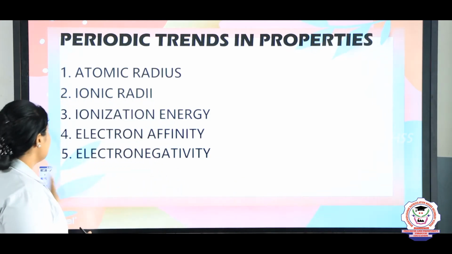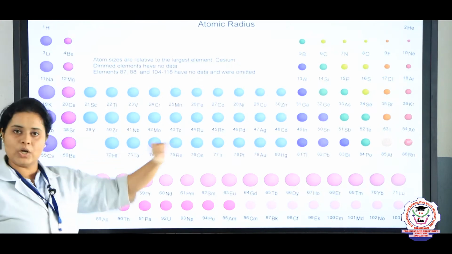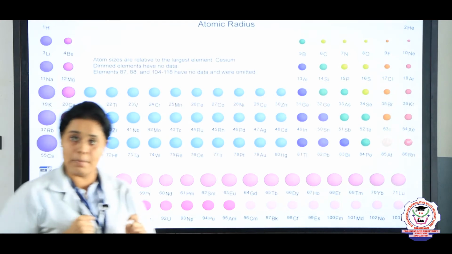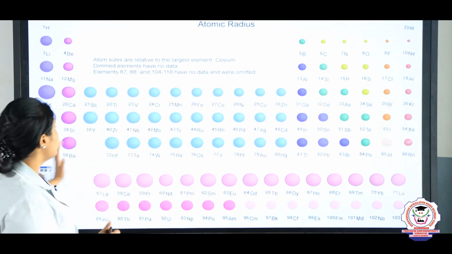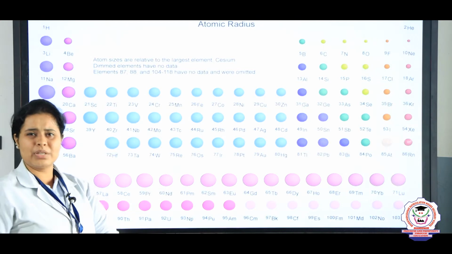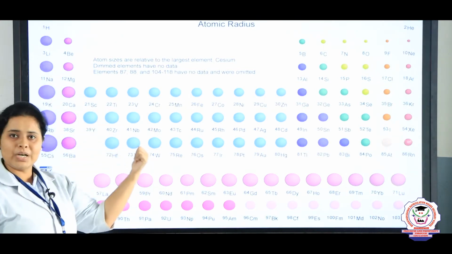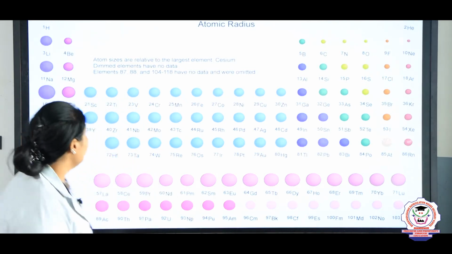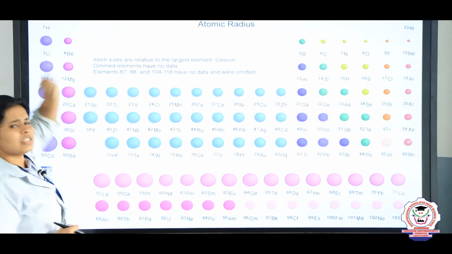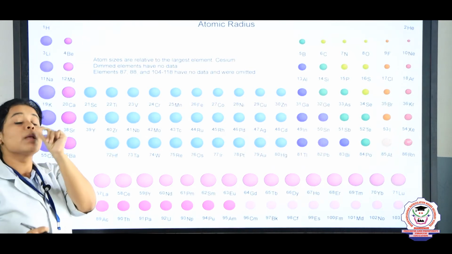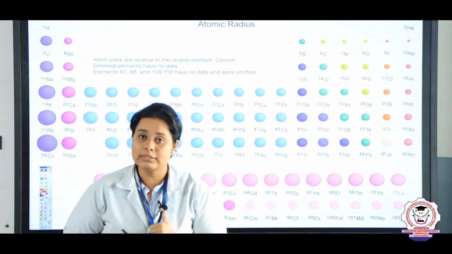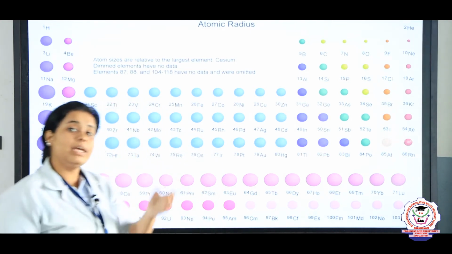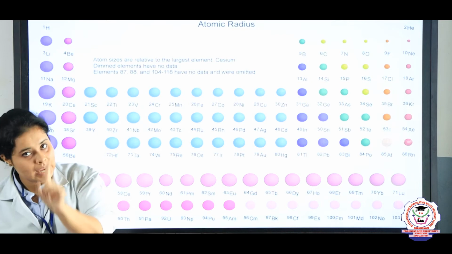Yes. So children, this is a periodic table. In this periodic table, the first thing we are going to discuss is the atomic radius. Here you can see these are the elements, and there are small balls, right? What are these balls? These balls are the size of an atom. Okay. Here you can see that hydrogen is the smallest atom, right? Because there will be only one shell, and in the same way the number of electrons will also be 1.